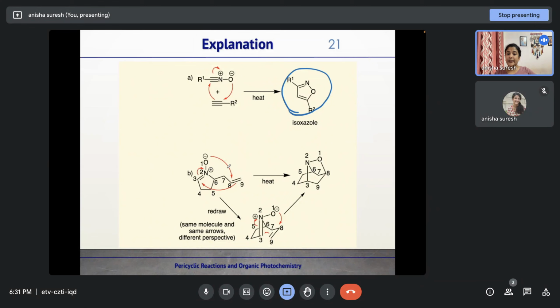We can redraw this for easy understanding. This bond will attack here, this double bond will be broken, the positive charge on this nitrogen is neutralized, and we will get this